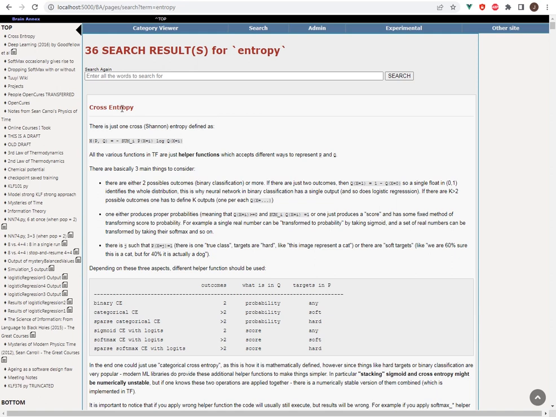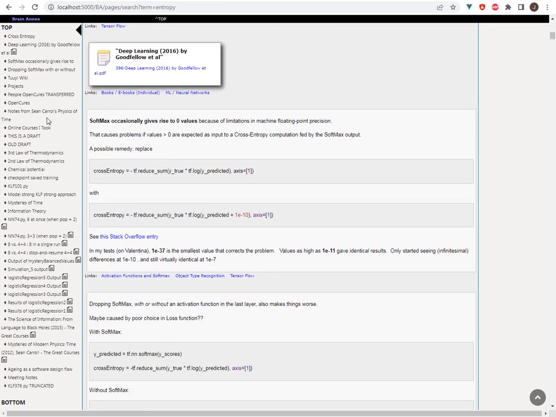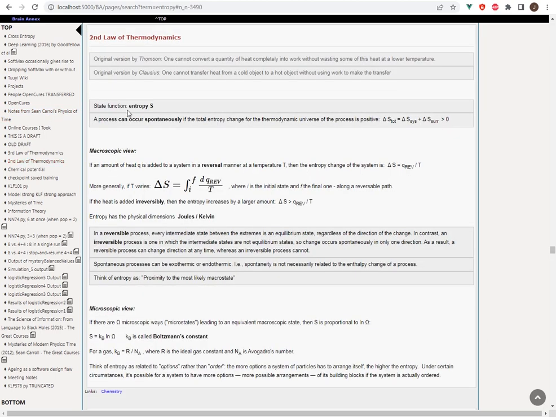Some of these results, like this HTML document, is from machine learning, more machine learning, physics, thermodynamics, so chemistry and physics, and that is really the root of the problem, that a term like entropy is used by various fields, and when we do a search just by words, we are not addressing the semantics of things. We are just matching strings and not taking into consideration meaning, and that's the same problem we had earlier